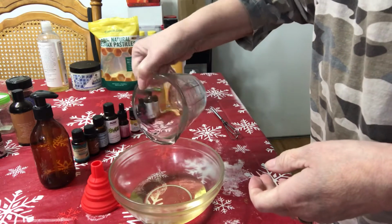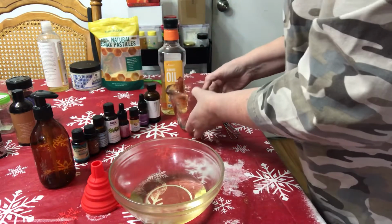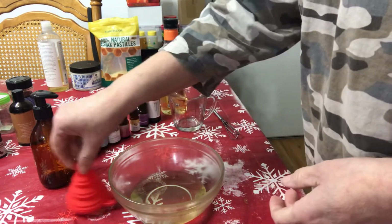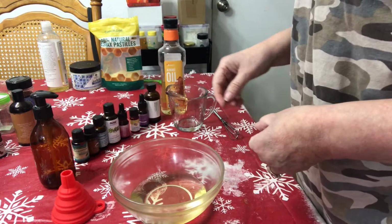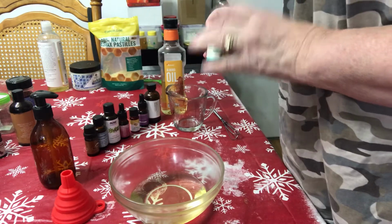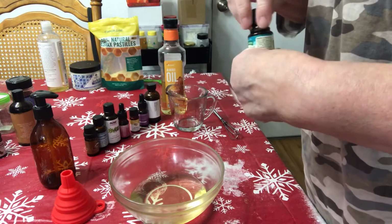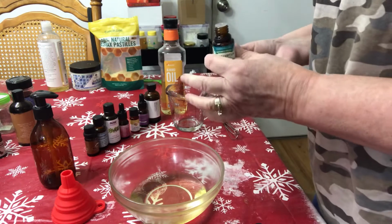Almond oil treats dry skin, it retains moisture, and it heals irritated skin. So not only is it a carrier oil, it's also good for your skin. Then the next thing we're going to do is add several essential oils. We are going to be doing 10 drops of eucalyptus,